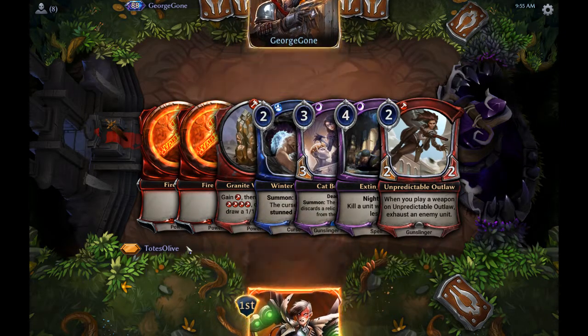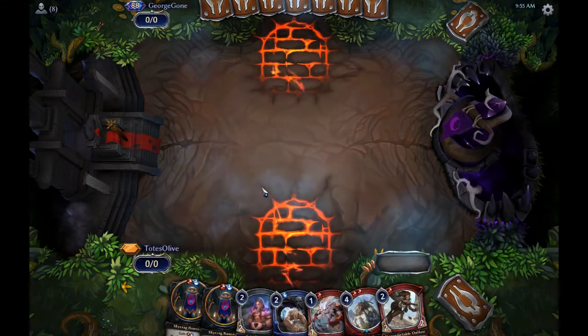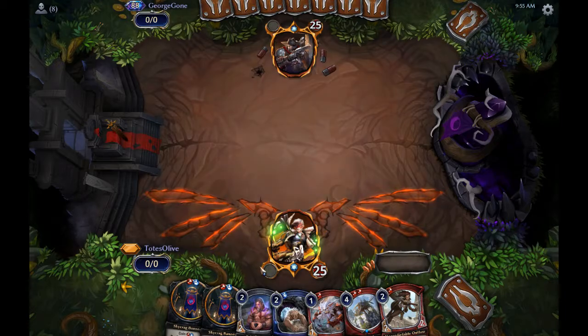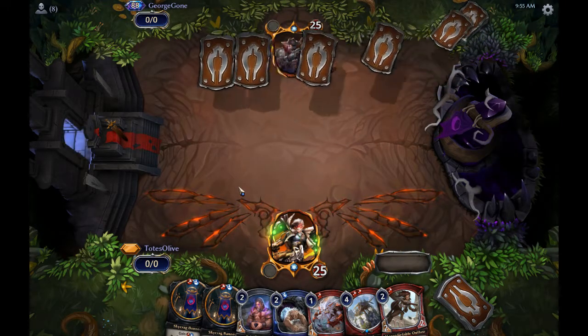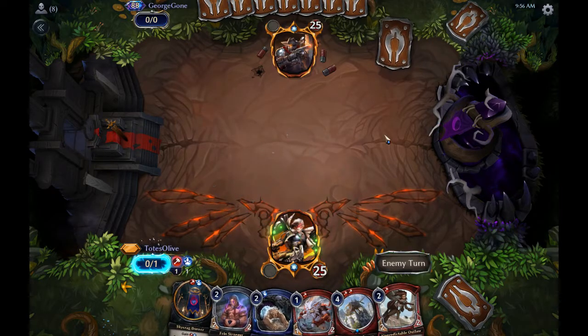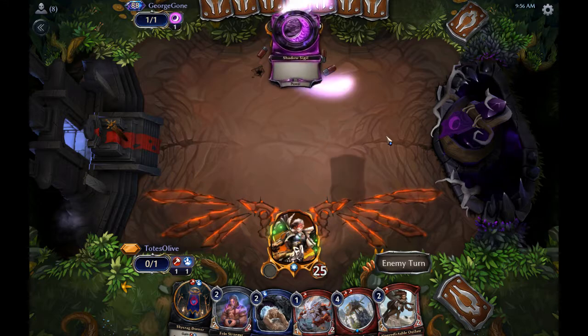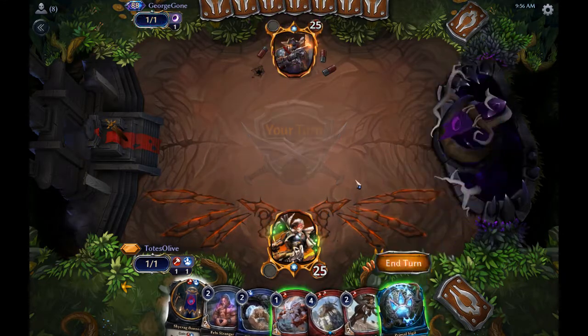This is not a keepable hand. Too much of one color, not enough of the others. This is actually reasonably keepable because we're going to have the Feln to unlock the rest of the hand. Hopefully we... yeah, I don't know. This will be interesting to see. Next turn we can play the 1-2, but I don't know that we need to. Oh, okay. Well,